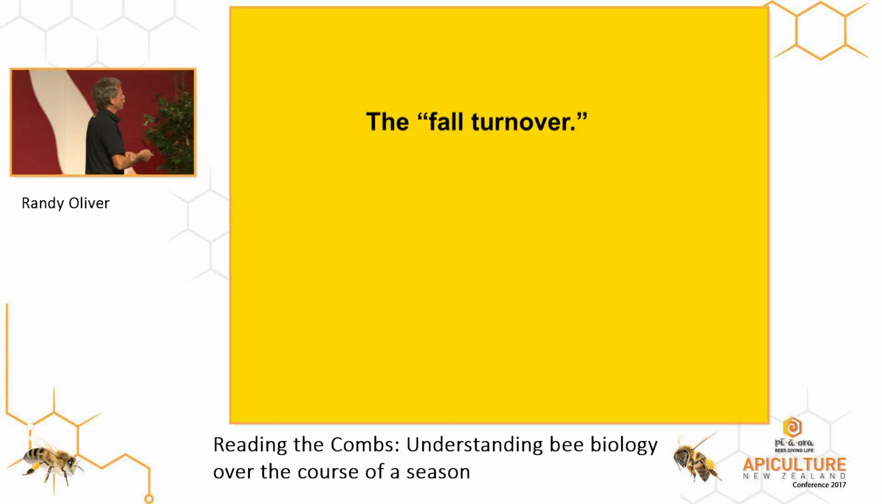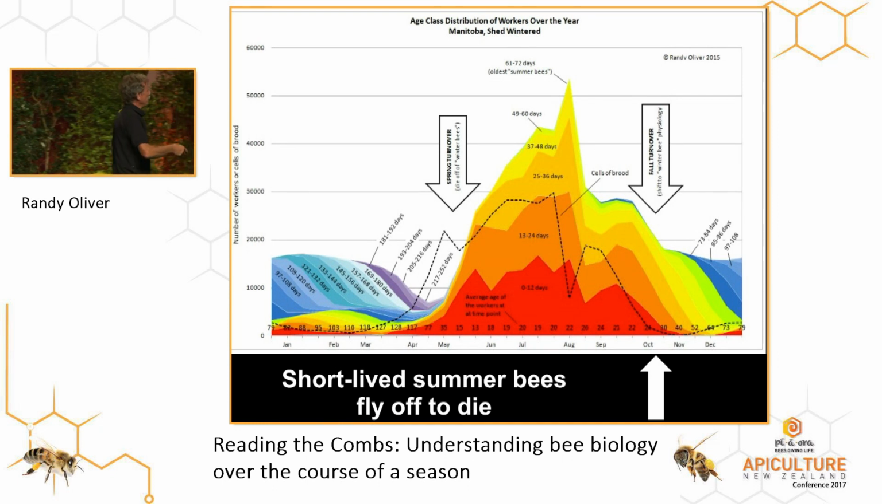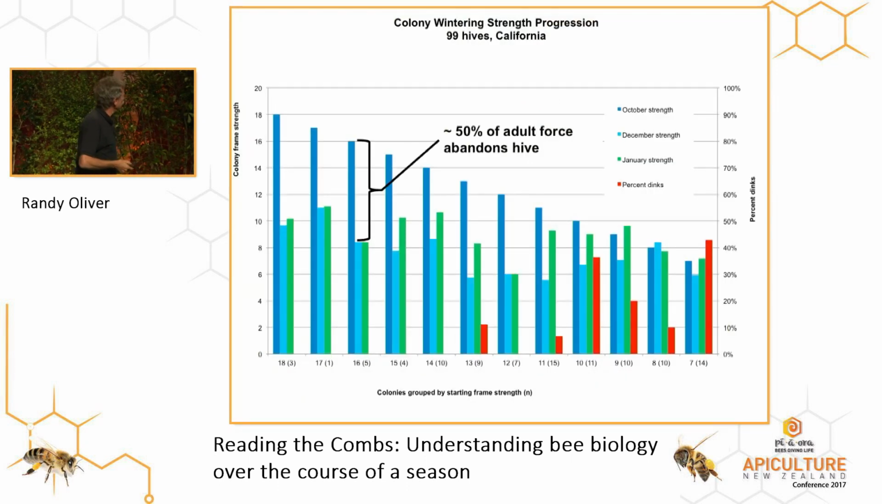Then you have the fall turnover. In the fall turnover, see this big drop in population right here? All those short-lived summer bees, which only live about 35 days, they fly out of the hive normally to die, leaving behind just the old bees. This is a study I did,